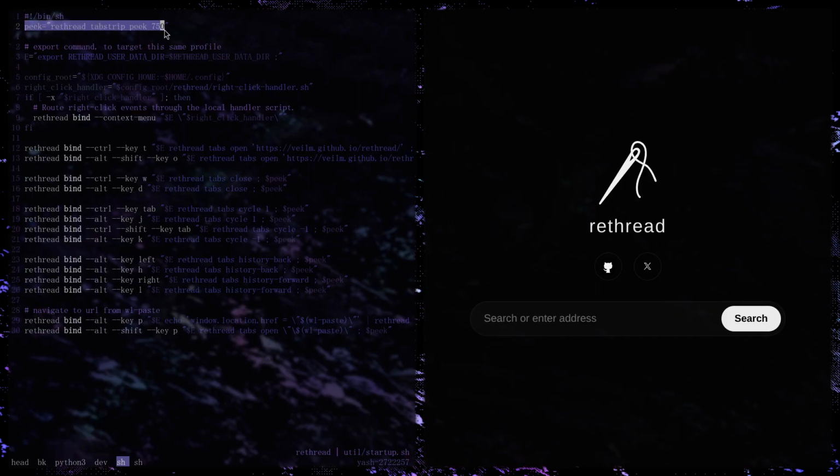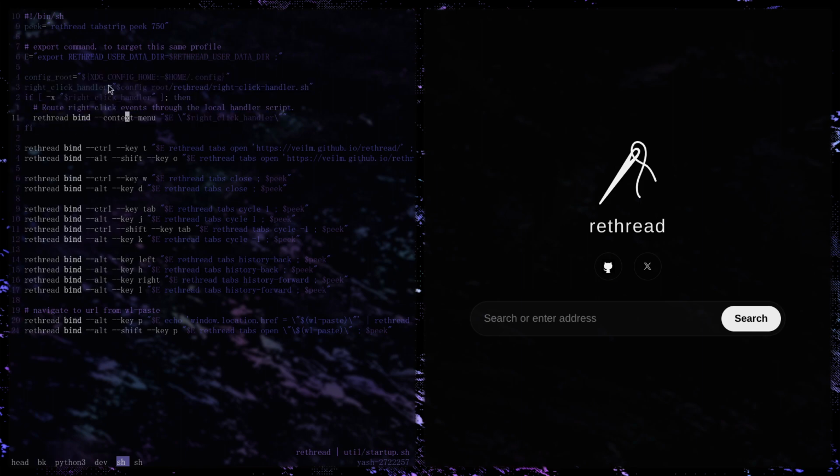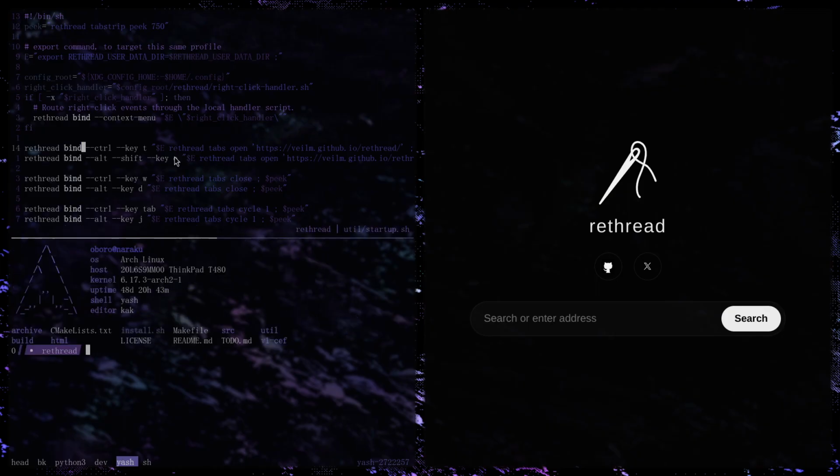So first it sets this variable peak. That's just like a bit of a helper. This is like some config for the right click. You can kind of ignore that for now. The interesting things here are that it's using different rethread commands, so bind in this case, and these commands